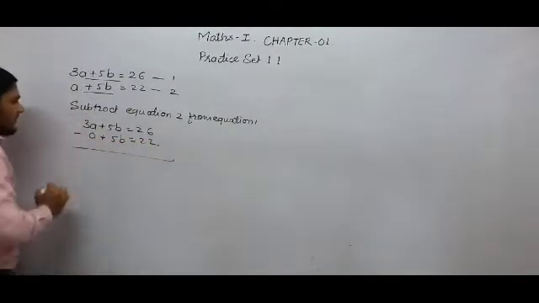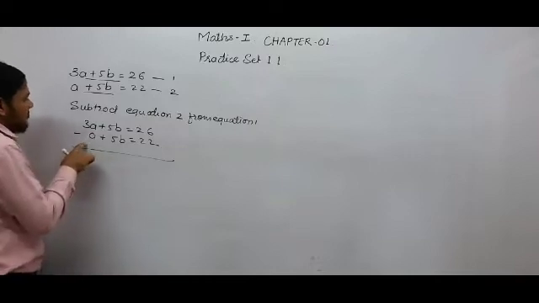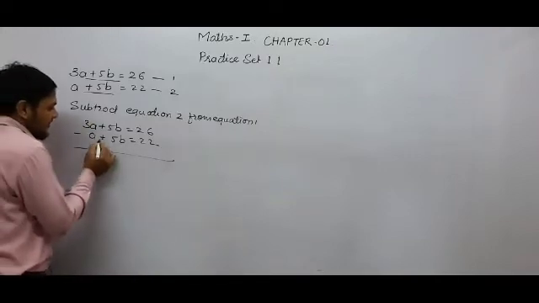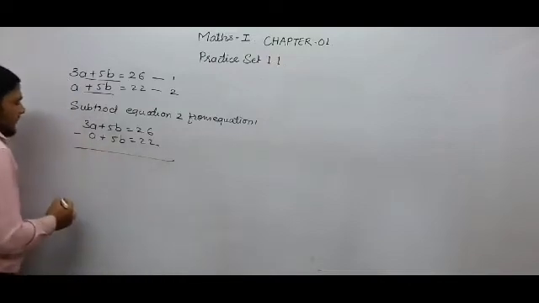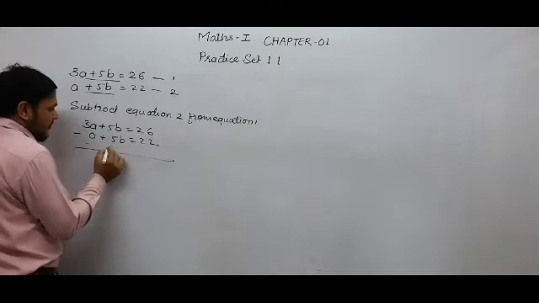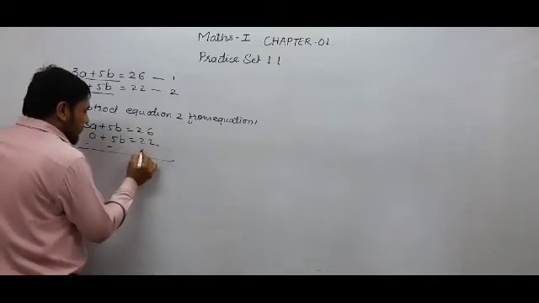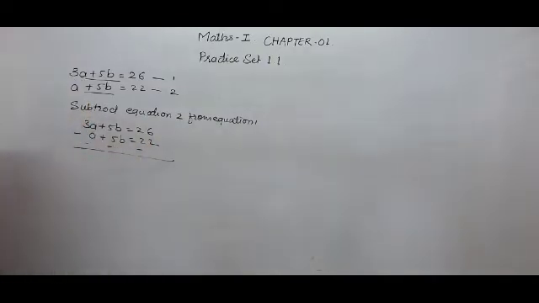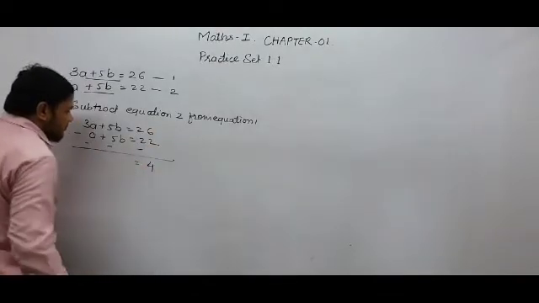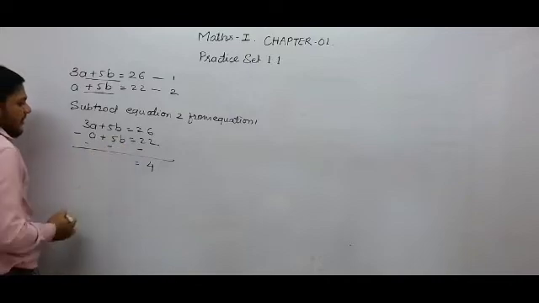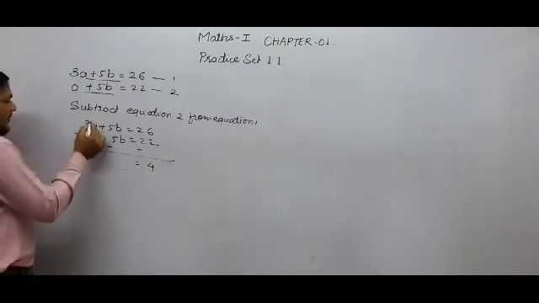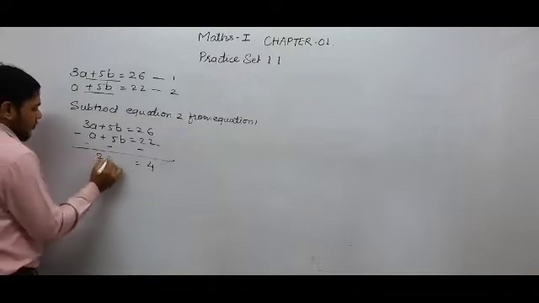Student, we have to subtract these two equations. We have to subtract equation 2 from equation 1, and while subtracting, this negative sign is applied to all the terms of the second equation. That is why this a will become negative a, this positive 5b will become negative 5b, and this 22 will become negative 22. So student, we know that 26 minus 22 will be 4, and this positive 5b and negative 5b will be eliminated, and 3a minus a will become 2a.